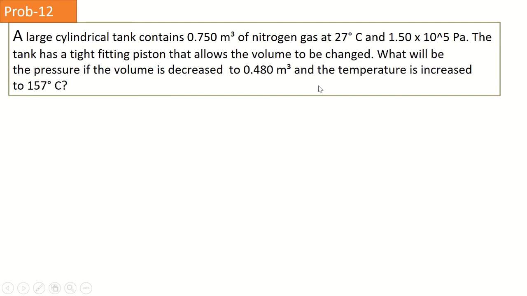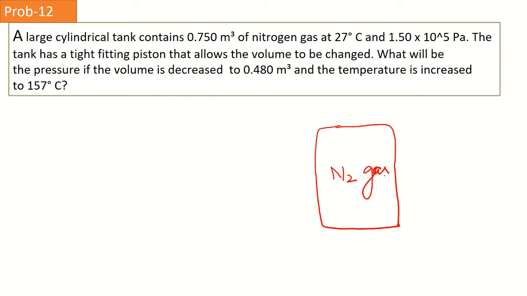So here we have to find the pressure value. If I draw the cylinder, and inside the cylinder there is a gas, the nitrogen gas. So this is the cylinder of the nitrogen gas. Inside this the gas is present. Now the question is saying